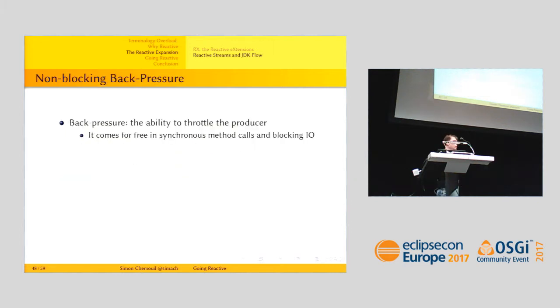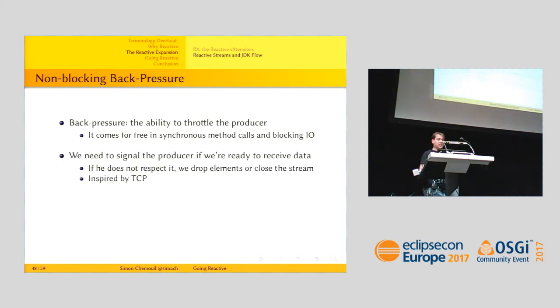But why did we want to block? The first reflex is to block, because we are used to the fact that blocking throttles the producer. We want to throttle the producer. That's really what we're trying to do. But if it comes for free in synchronous programming, when you go non-blocking, it has to be made explicit. You need a way to tell the producer, okay, go slower. And in Reactive Streams, you don't say slow down. You say give me